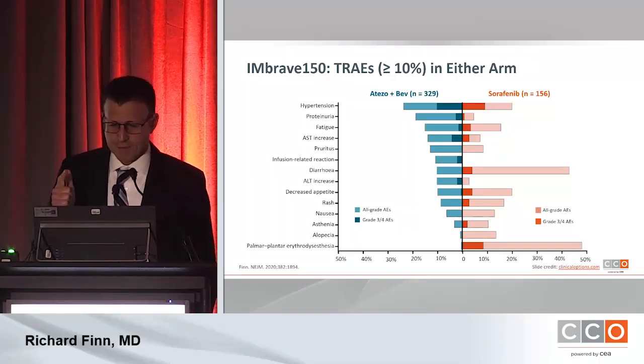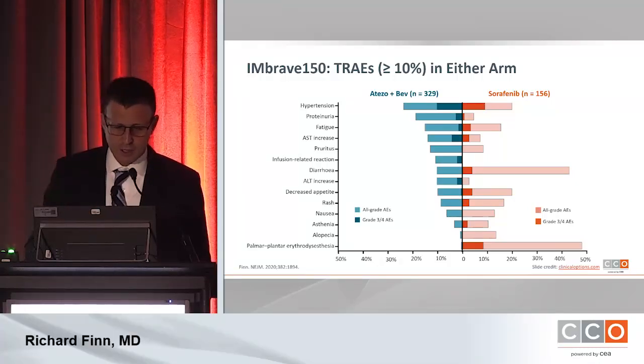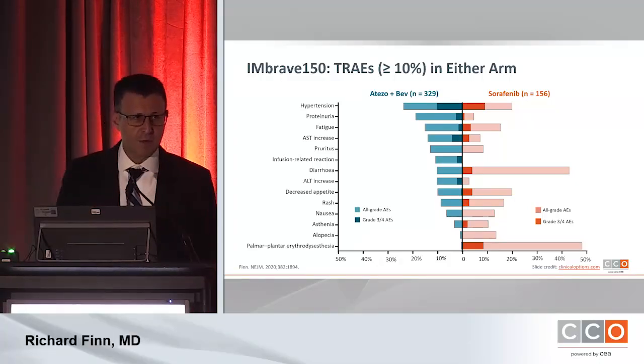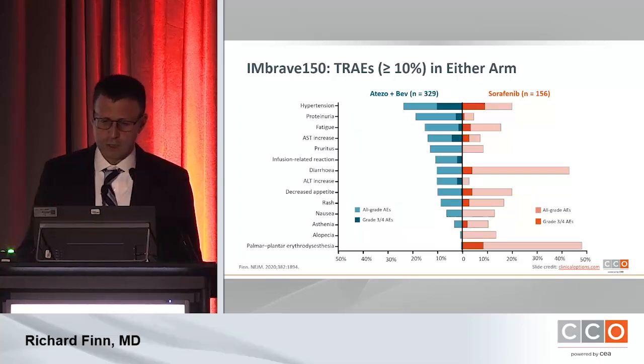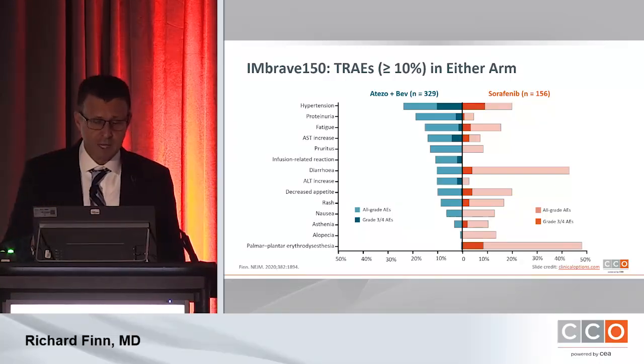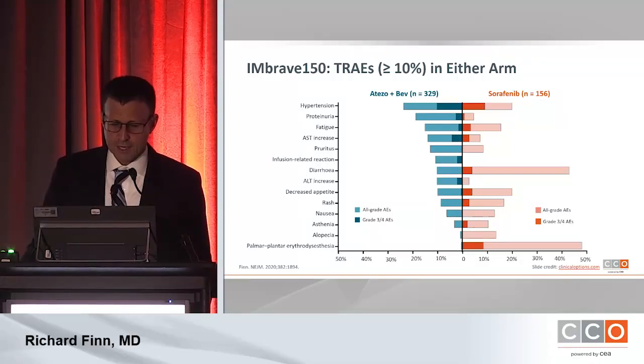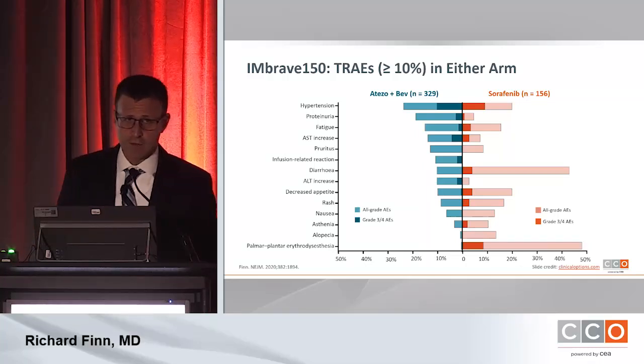You can see that things a patient would notice more, such as GI toxicity, diarrhea, hand-foot skin reaction, are happening much more frequently with sorafenib. And therefore, when we look at quality of life data, we see that it markedly favors atezo-bev. The other thing I would mention here is, of course, we see immune-related adverse events, as we see with any